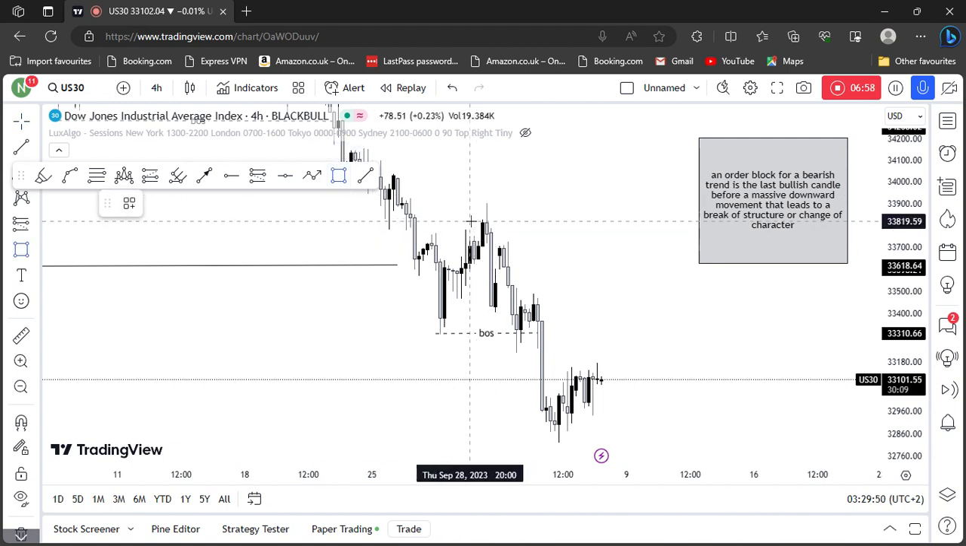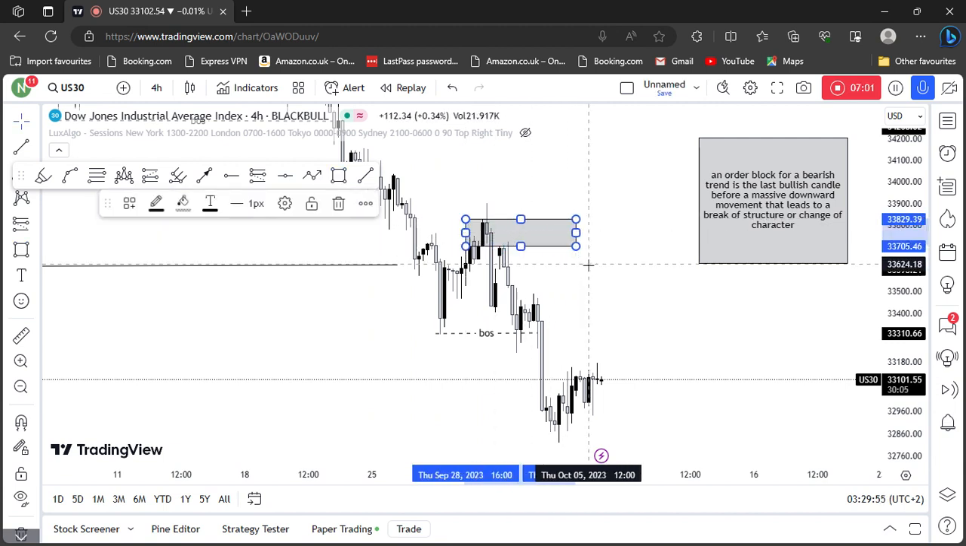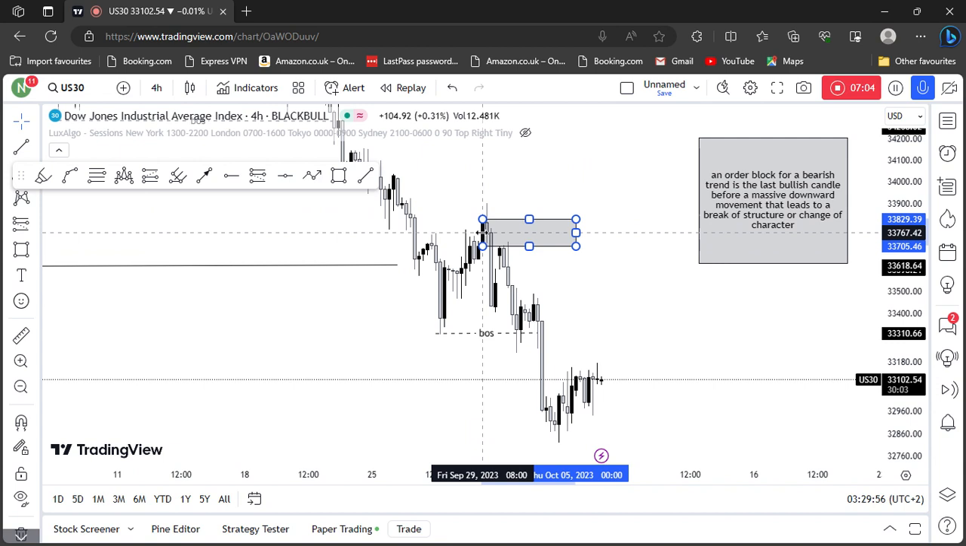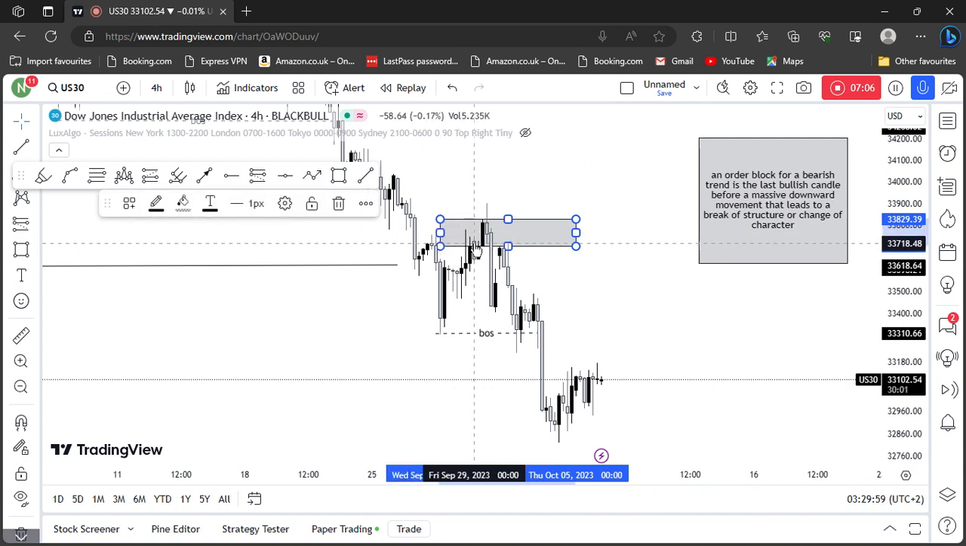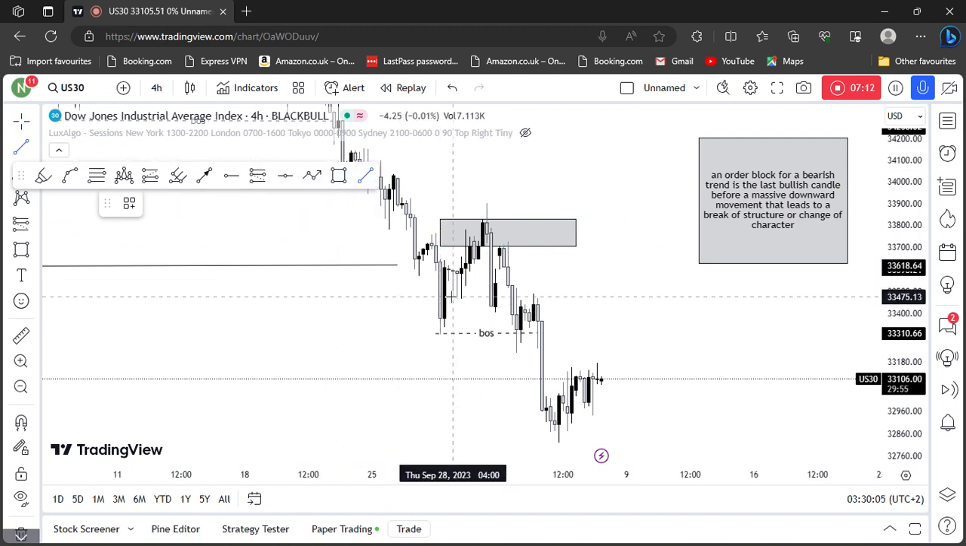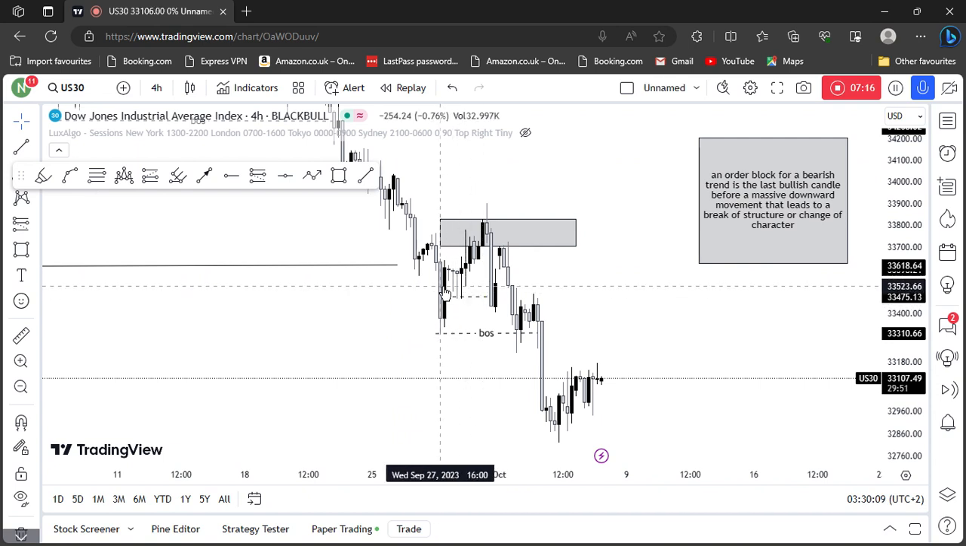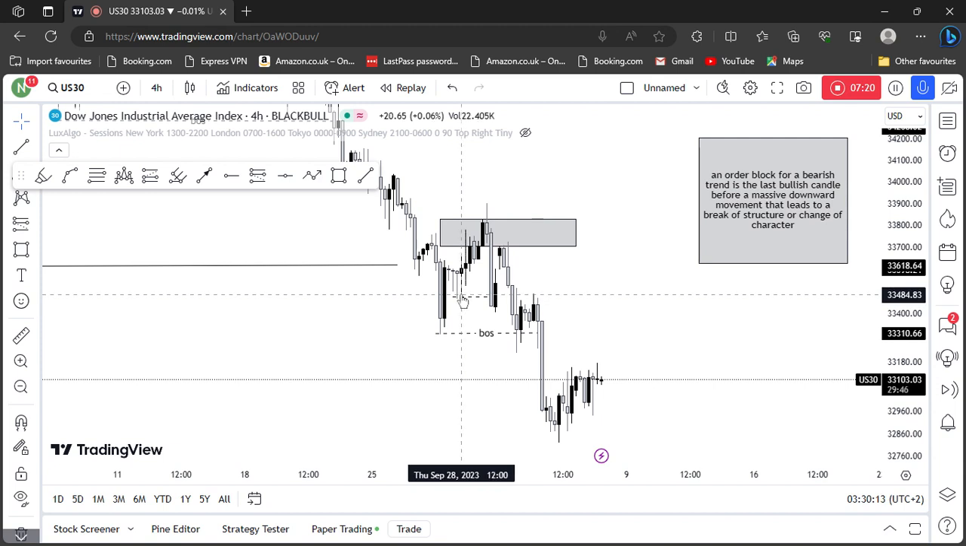Okay, see my first one right here, right? It was this candle right there, this bullish candle right there that gave us a bearish movement that led to a break of structure in a 1-hour chart. If you scale down to 1 hour, you'll see that this lower low here was